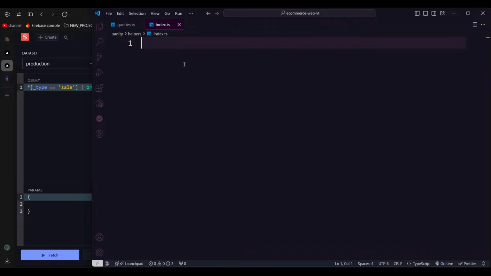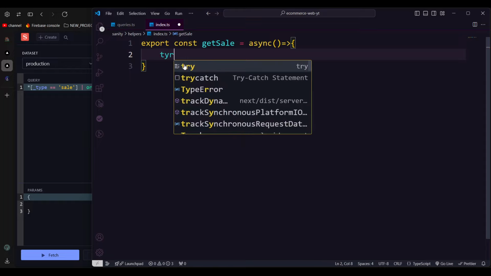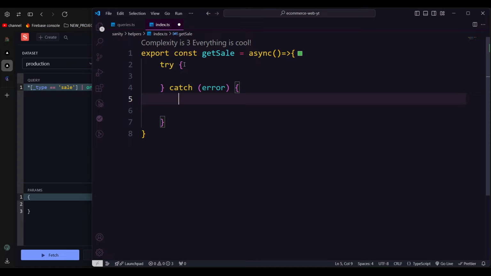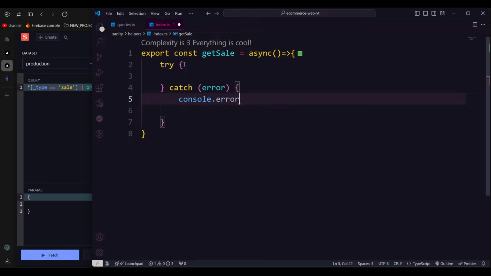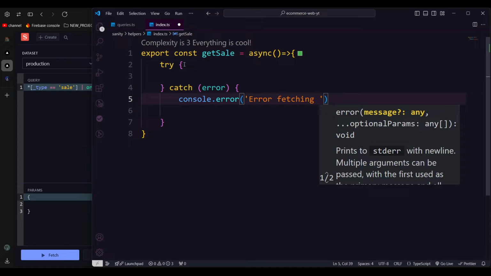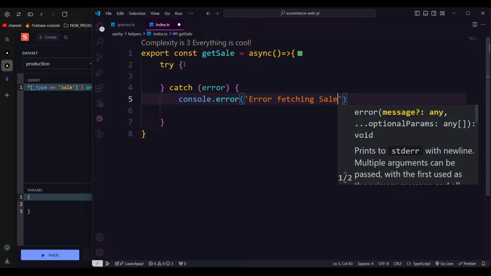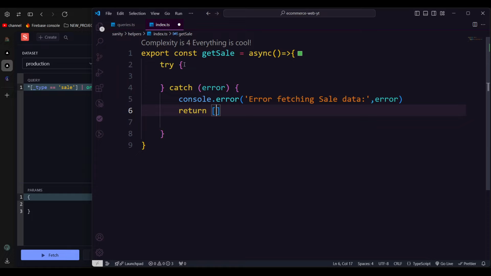Now we need to create a function, and we can make export directly. So export const getSale is equal to, it should be in an async way. So right now we need to make that query here. So a try catch block, and in the catch, we're gonna say if we are having any error, make that console.error. This is going to render error fetching, and that one is going to be fetching that sale data. And here we're gonna pass the error,